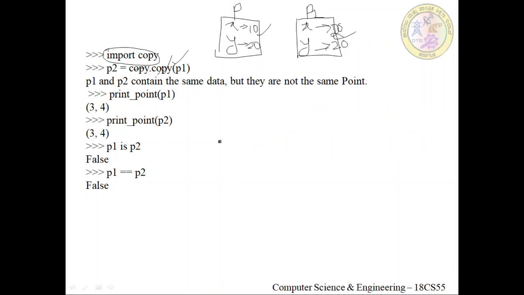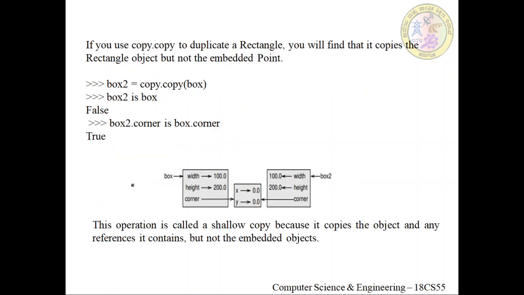So this is how we can copy one object to another object, or duplicate one object to another object. And in the interpreter, if you print P1 is P, the is operator checks whether these two are the same object. It returns false because P is independent of P1. And P1 is P2? No, these two objects' references are different, so again it returns false.